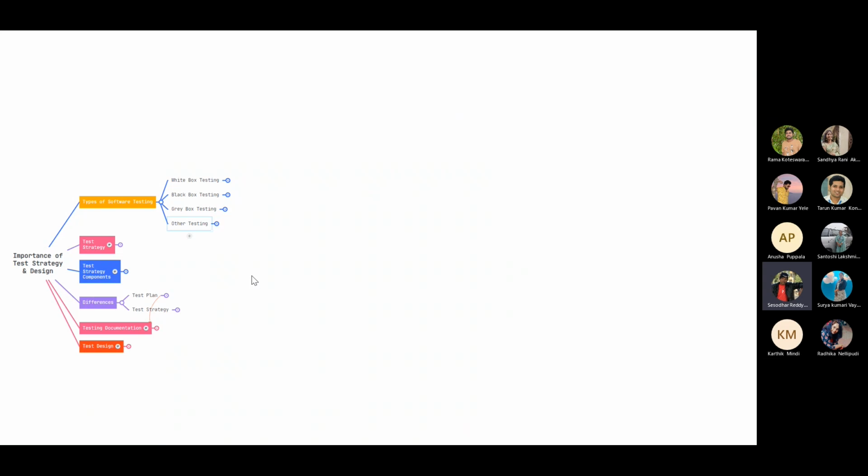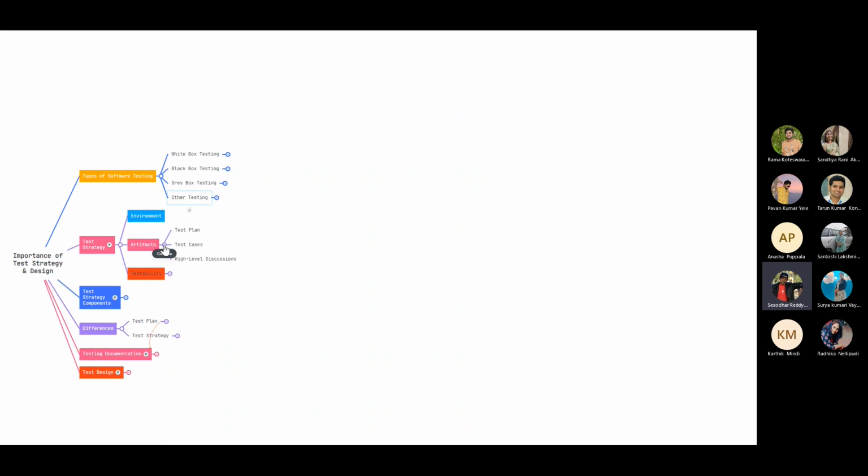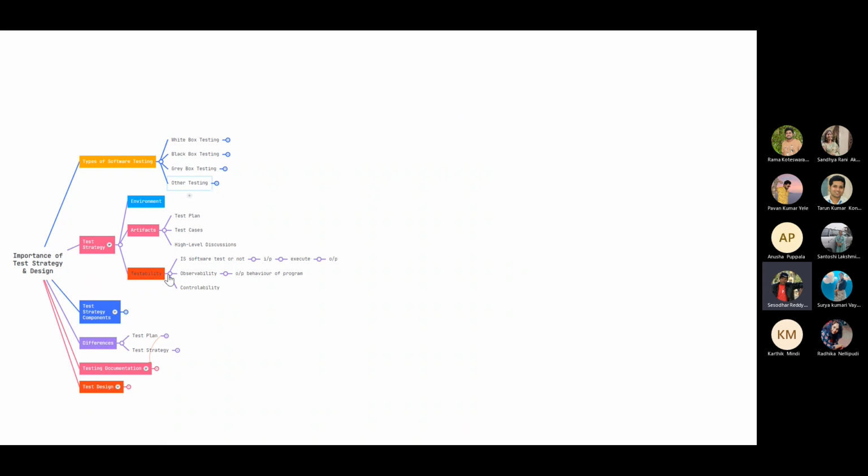When it comes to the test strategy part, which is our major agenda, we can divide it into three phases, like what environment the test strategy is, what artifacts are included in this test strategy, or is it testable or not? Like if we can test this software in this particular